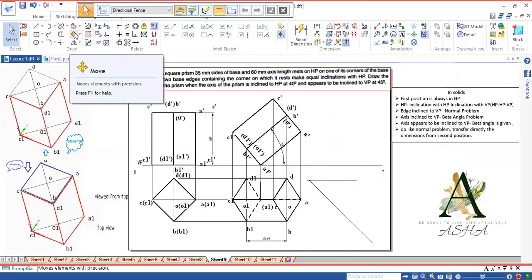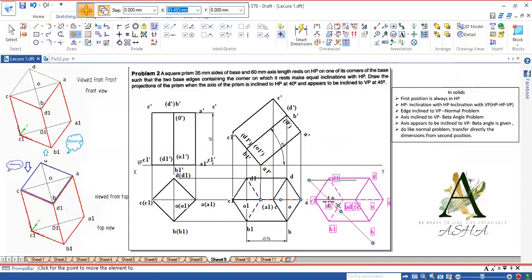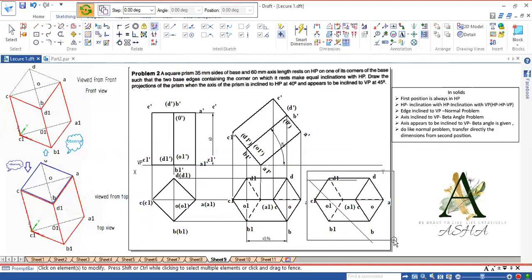So take the move option, select from the second position, either click on O1 or O. So click on O1, place it on the 45-degree inclination line. Then go for rotate. You should not keep a copy.